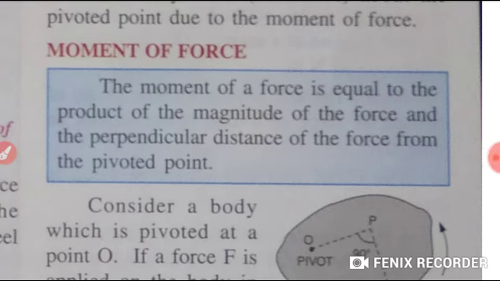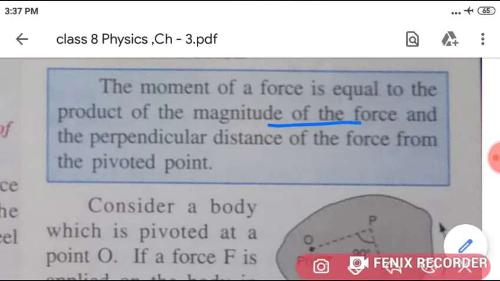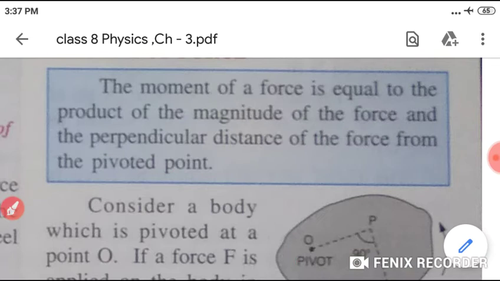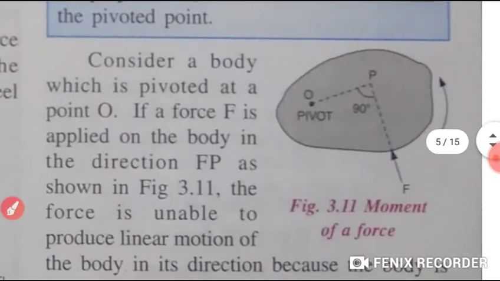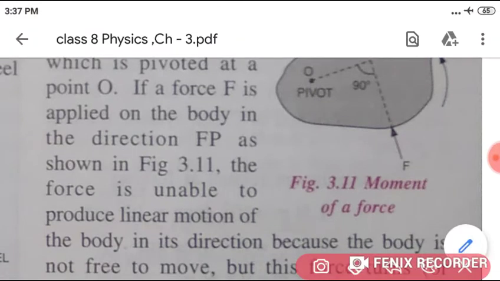Students, moment of a force is equal to the product of what? Magnitude of the force and the perpendicular distance of the force from which point? From the pivoted point. Now here, students, just have a look at this diagram 3.11. Consider a body which is pivoted at a point O. If a force F is applied on the body in the direction